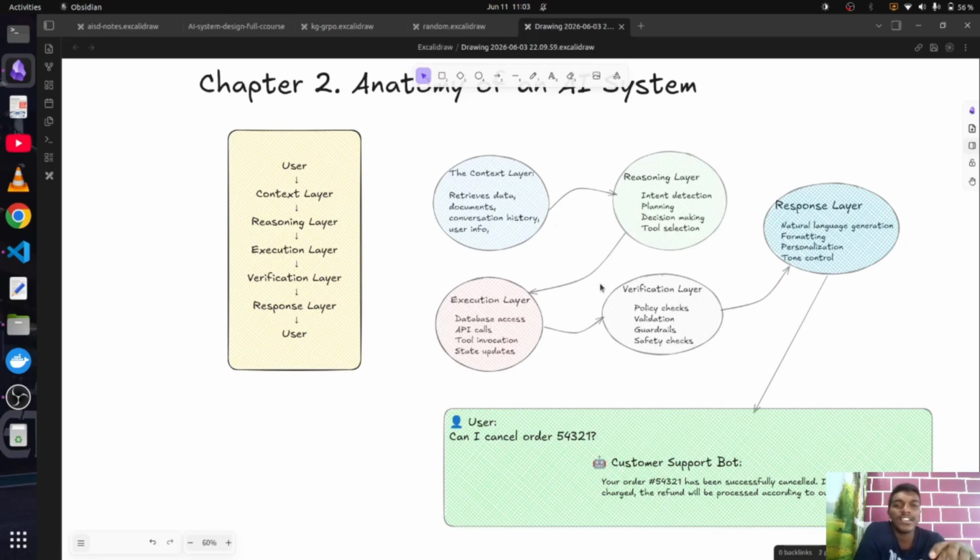checks the custom logic. For example, if you're having a bank related customer chatbot, then it's better you don't leak sensitive information, for example some bank's user ID or something like that. So the verification layer does this task, like it filters out the requests or the responses which are sensitive, as per the business requirement.